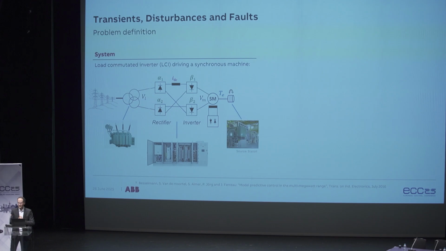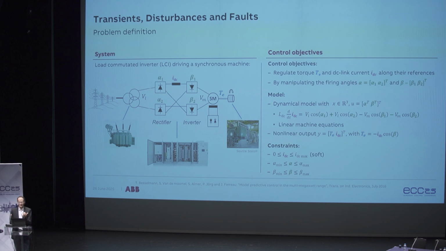This one here is at 48 megawatt, where you have the line side here with a transformer. You have this rectifier stage with certain firing angles when we can turn it on, and it self-commutates and turns itself off. You have a DC link in the middle, and then the inverter. These converters are used to drive large compressors. And the control objective is very simple: just achieve the desired torque,